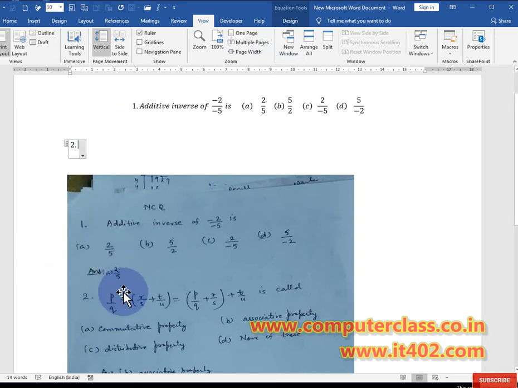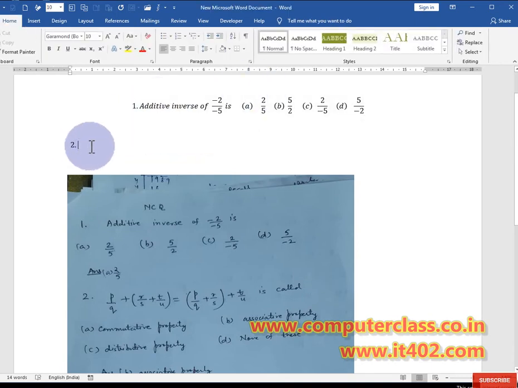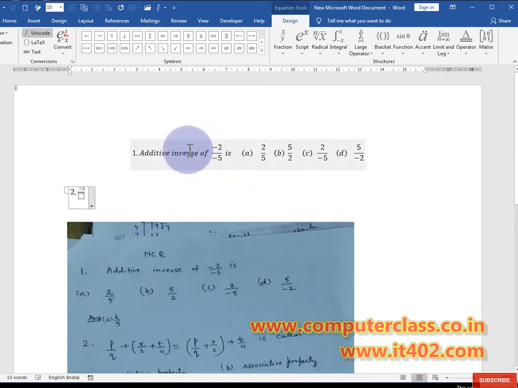Now the first one is a fraction, so just click on Design. This Design tab will be available only when we click inside that particular equation box, otherwise it will not be visible. Sometimes we try like that and this tab is not there. So make sure you have clicked inside the particular equation. Now click on Design, take the fraction, click here, give some space if you want, like that. Put the value